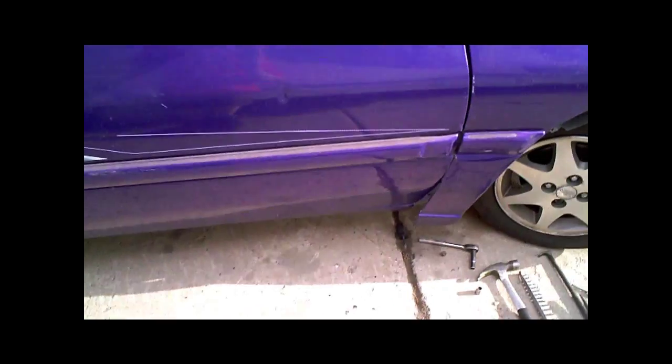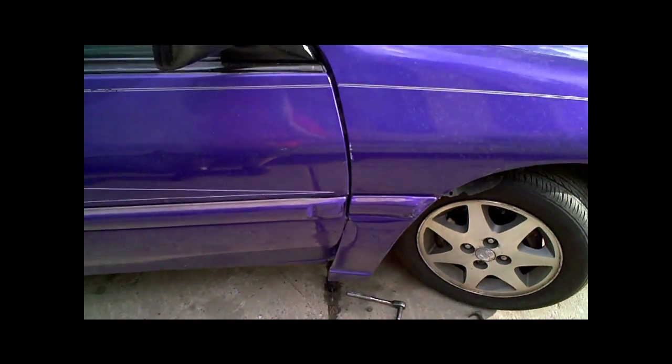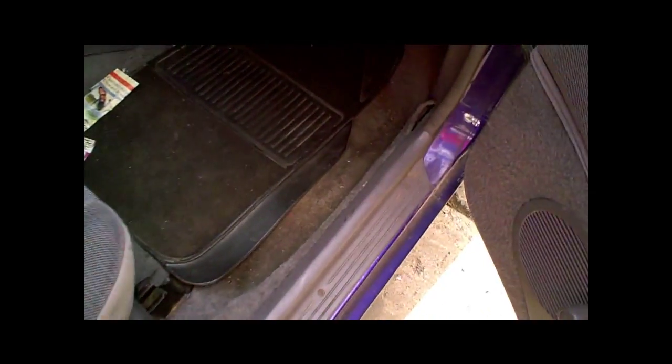And then you look at what it's done. It's actually pushed the frame up in the middle right above the door, and now the gap is actually a lot bigger at the top of the door. So the door actually wants to hang down. It actually doesn't even line up. You have to really pick it up to get it to close. Then you come inside,